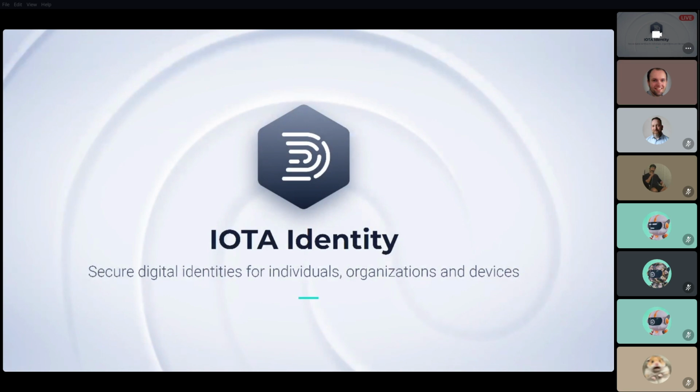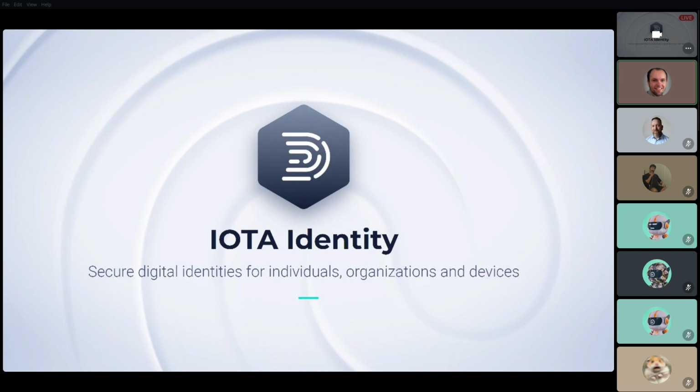identity. So what I would like to do today is give a brief introduction to what the IOTA identity framework is, in the sense of why we are building something like this and what it is meant to do. I would like to show some links for inspiration on how you can use identity. Briefly show the wiki again, which you just got a nice intro to, but maybe more specific for identity.